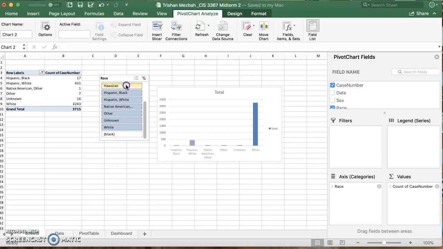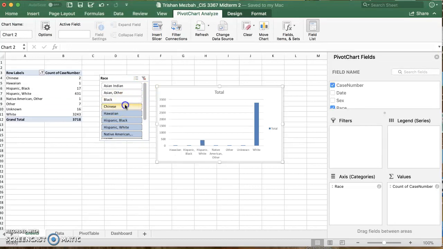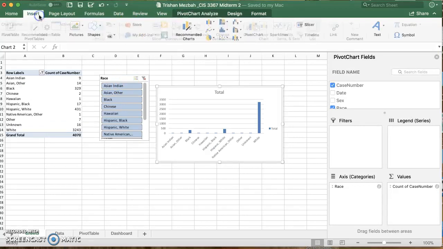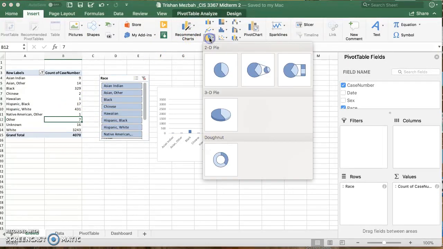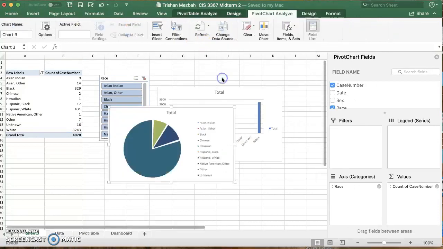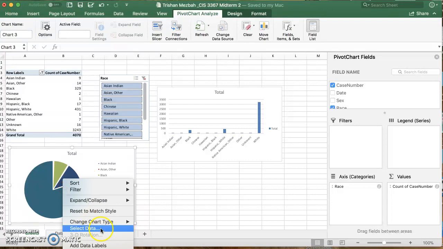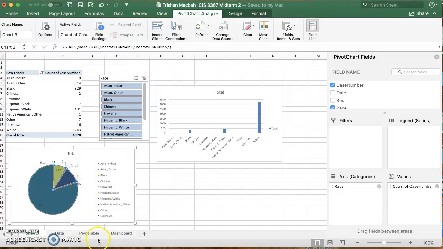Now you say to me, Trishan, I want to see it in a pie chart, just like how you did it. Well, it's kind of simple. So all you gotta do is make sure that the whole data is clicked on, and you just go in, put in 2D pie, and there you go. And now you can see the pie chart in a graph form if it's easier for you. And you just add data labels so that you can read the numbers. Looking at it visually than looking at it number wise makes it a lot easier.